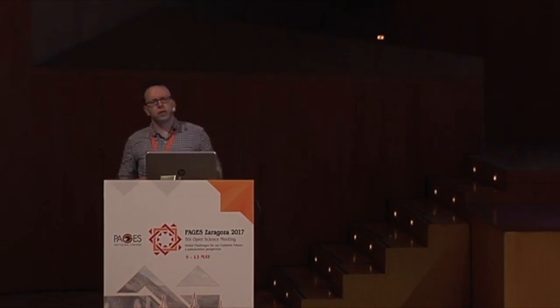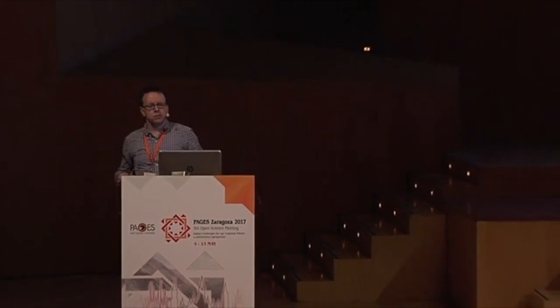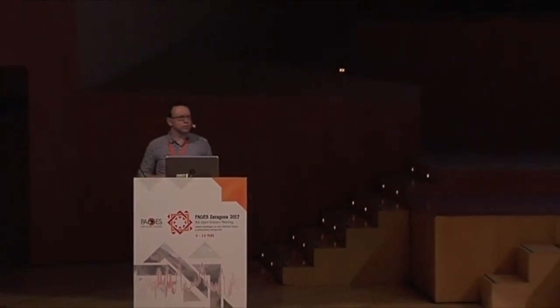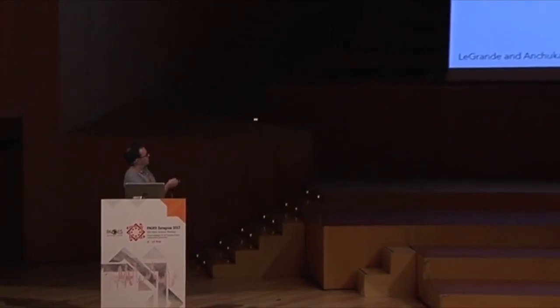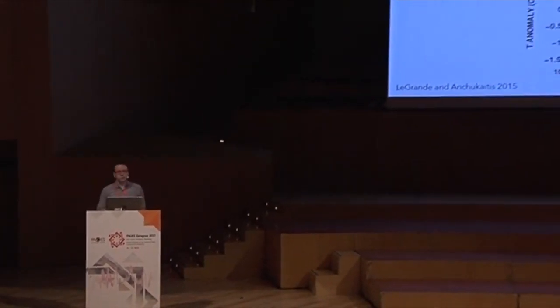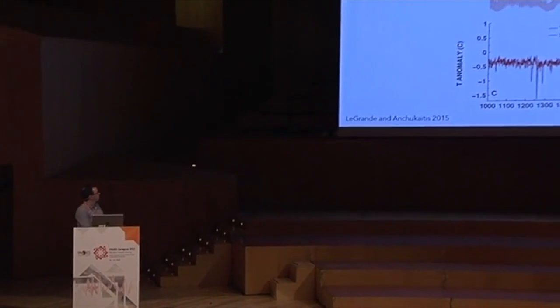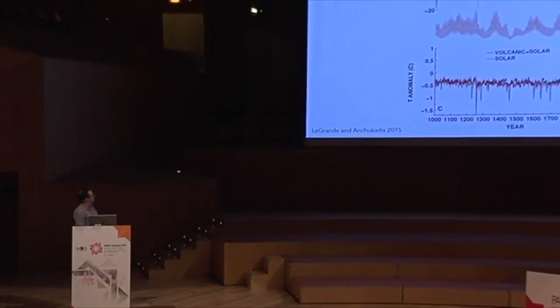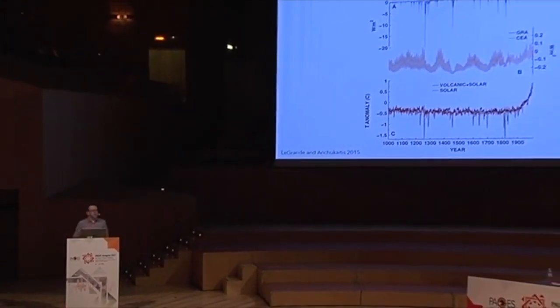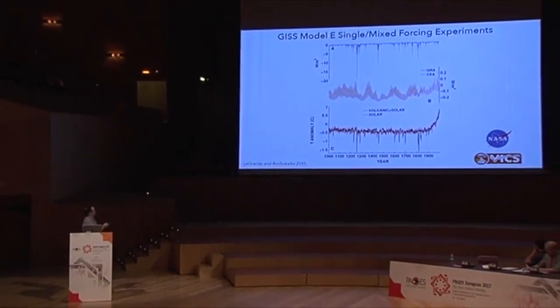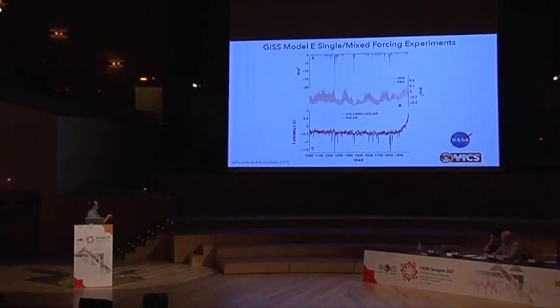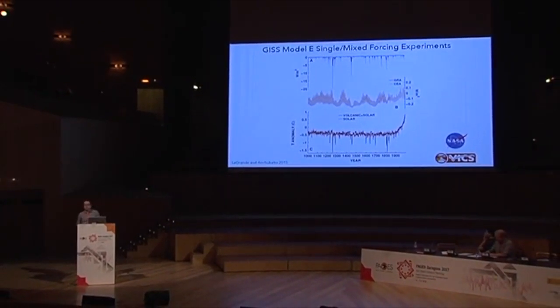So what you're looking at here are experiments done with the NASA GISS model using both single and mixed or full forcings, and along the top are the 2 volcanic forcing series that were used for the latest CMIP and PMIP runs, and the range of solar variability. I'll call your attention to the fact that these scales are very different. And so you look at the large eruption of Samalas, the middle 15th century eruptions, these are quite significant